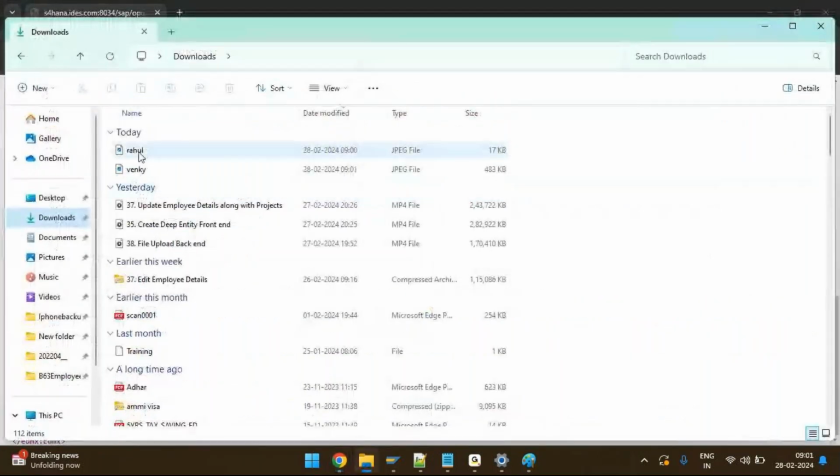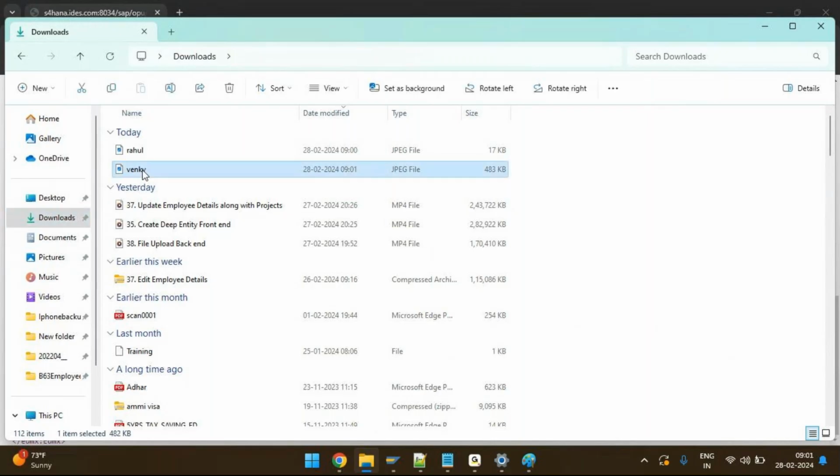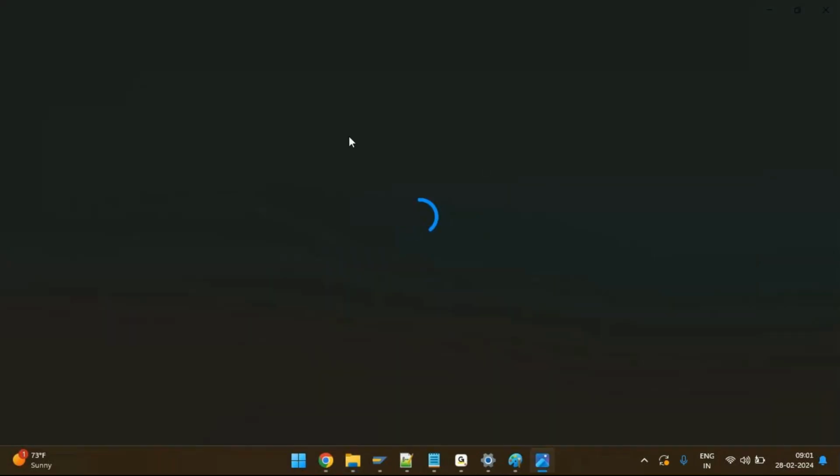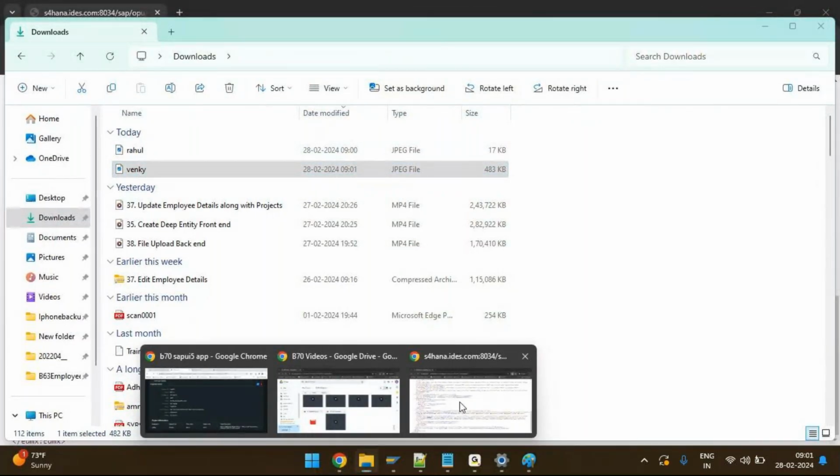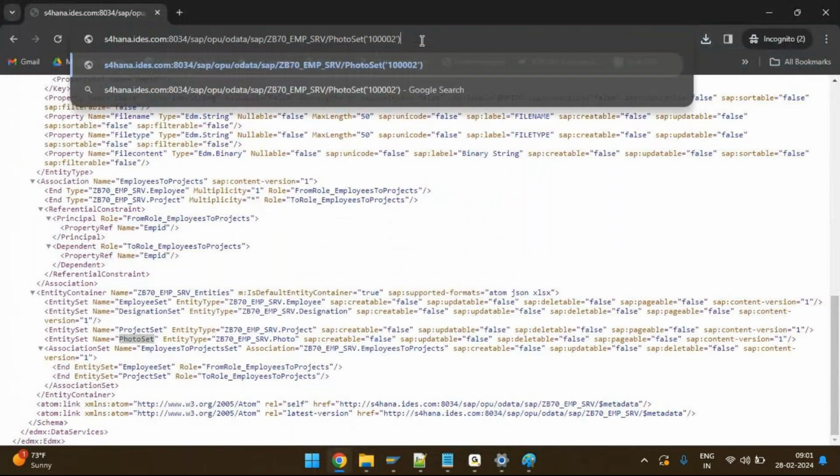So you can see Winky. I already have these two photos, which I cut and pasted in some other folder, batch 70 employees. These two freshly got downloaded from the backend. Let us see the content of this, whether it is correct or not. You can see the photo is correct. Fine. So that means whenever I want a photo to be downloaded or displayed, I need to call